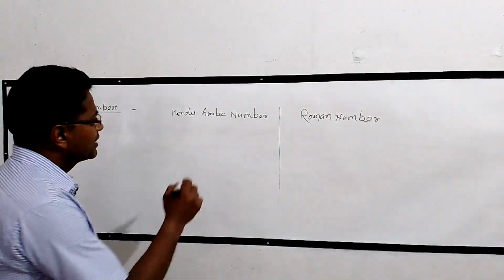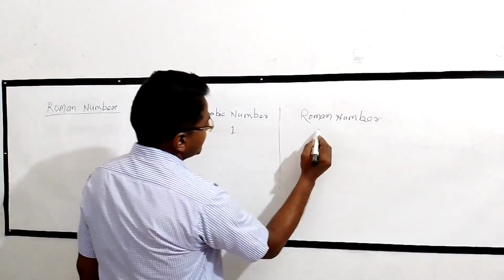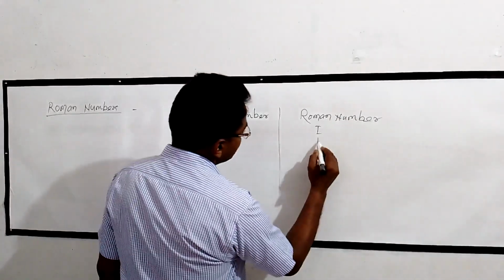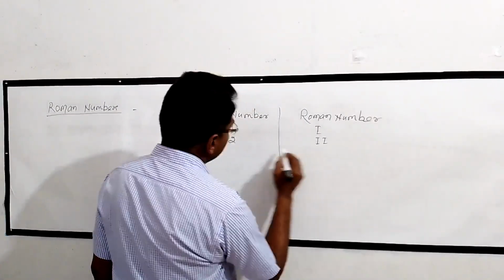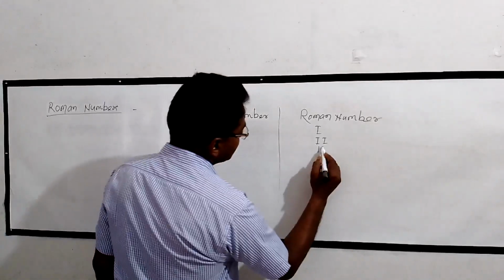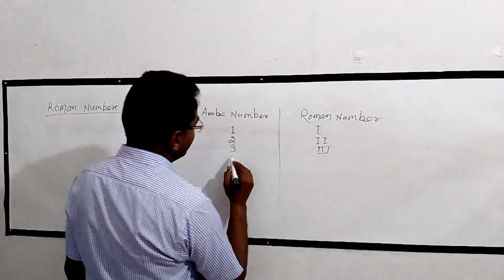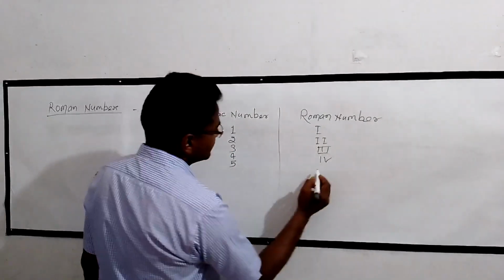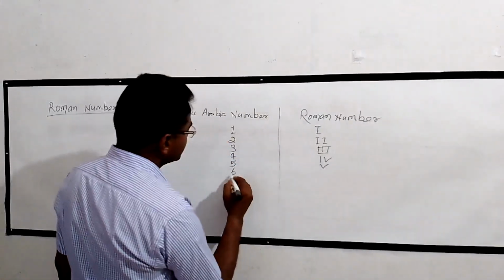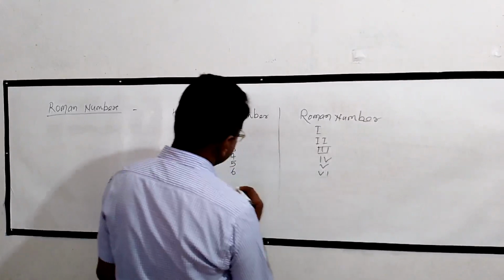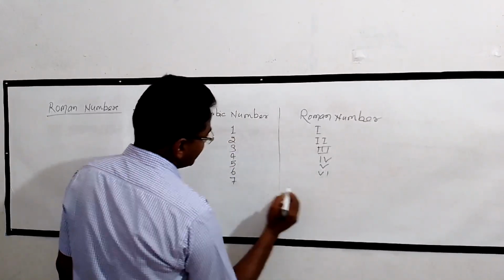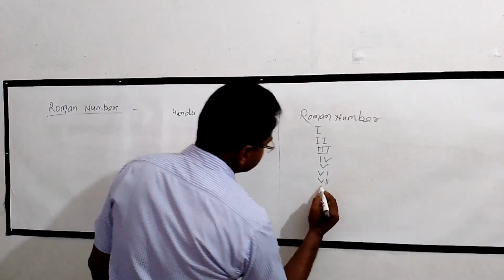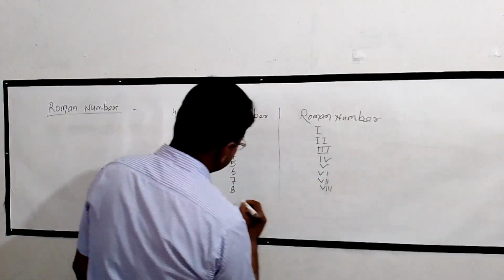In the Hindu Arabic you get 1, here you get I, 2 double I, 3 triple I, 4 IV, 5 V, 6 VI, 7 V double I, 8 V triple I,